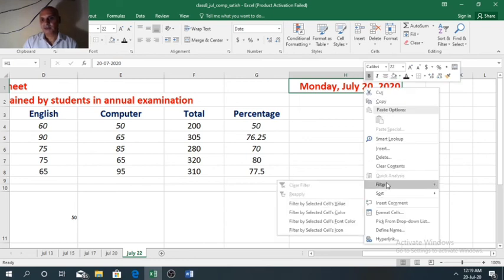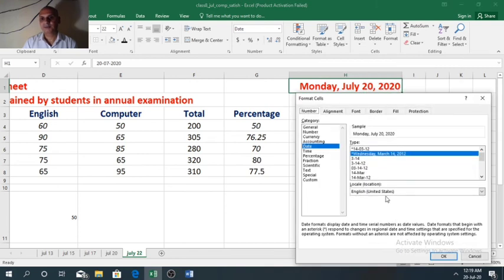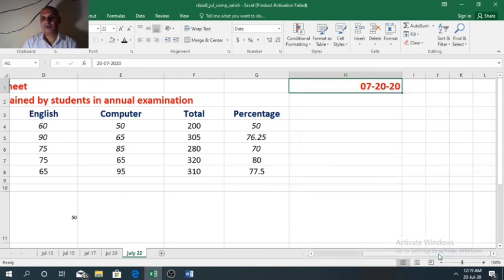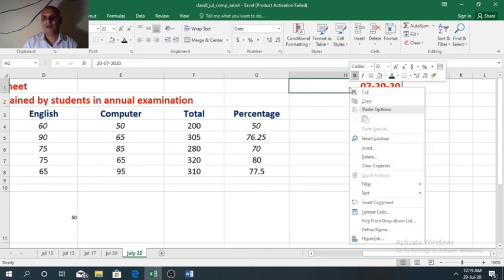Again right click, go to format cell. If you want to choose only this format, it is showing month first, date, then year. So MMDDYY.